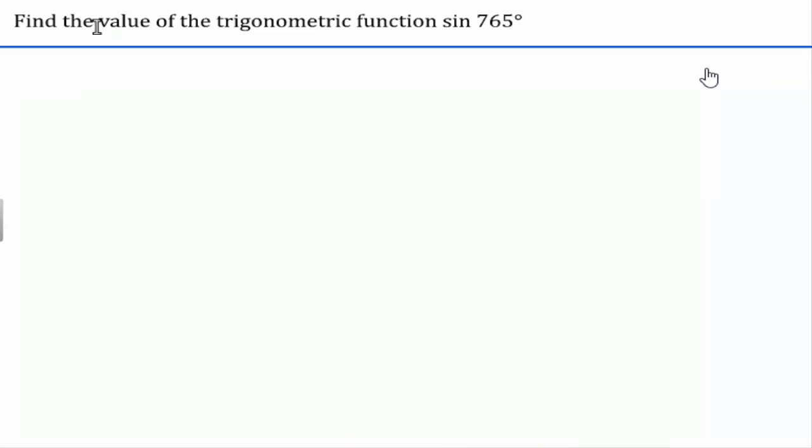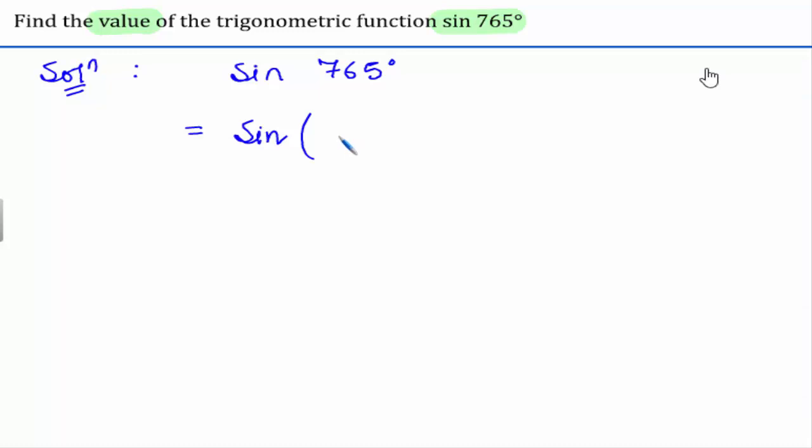In this question we have to find the value of the trigonometric function sin 765 degrees. Let's begin with the solution. And sin 765 degrees can be written as sin 2 into 360 degrees plus 45 degrees, and this is equal to